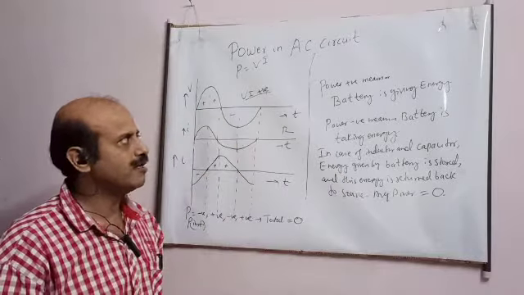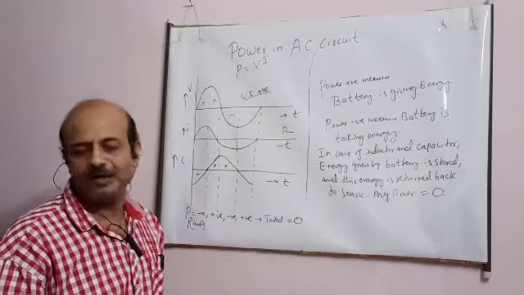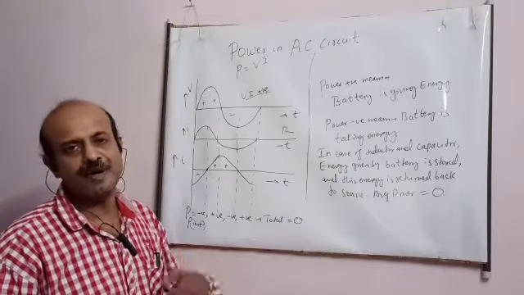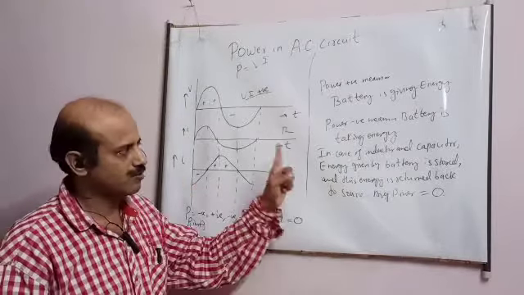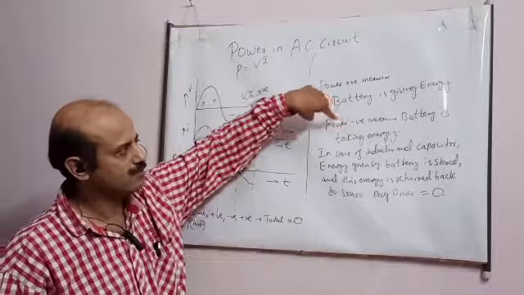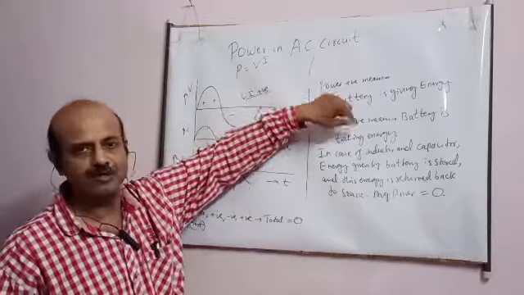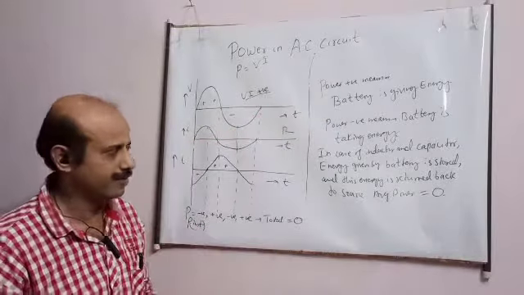So now student, I think you have understood the meaning, in case of inductor, how average power is 0. The energy delivered is energy taken back to that source. Power positive means, power negative means this: here the work is done, here work is not done. That is the meaning by the battery.